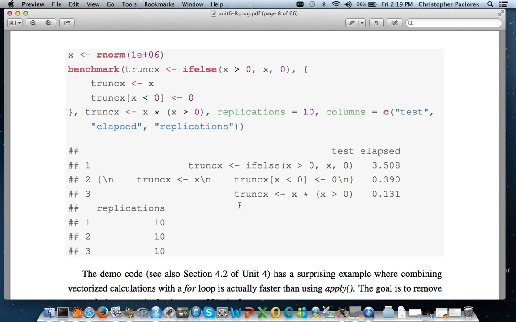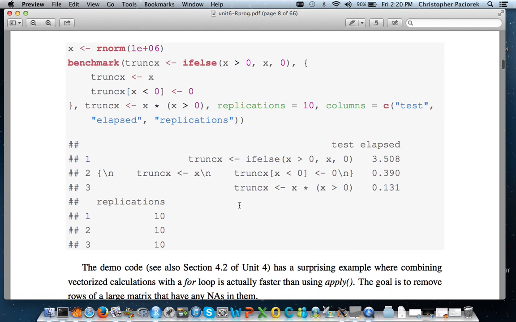Okay, so let's move on and see some other examples of this mode of what I was saying last time: let's try and think about different ways of doing things, brainstorm different things, and then test them out and act empirically to see what works and what doesn't. In some cases, it's not going to be worth doing this because the extra speed gain is not all that much, and sometimes when you try and do too much to make your code faster, the code becomes really hard to read. So as an example of this,